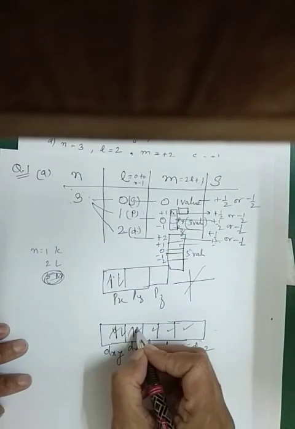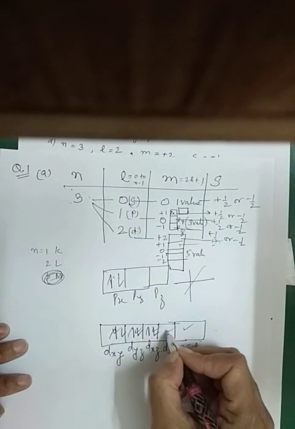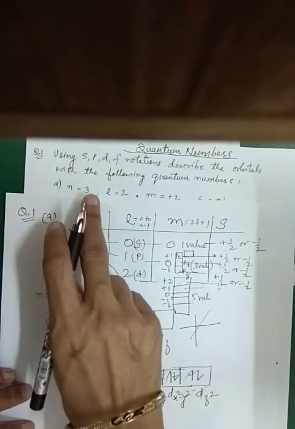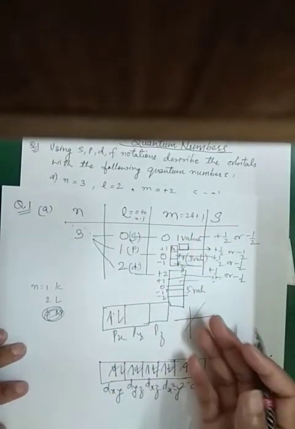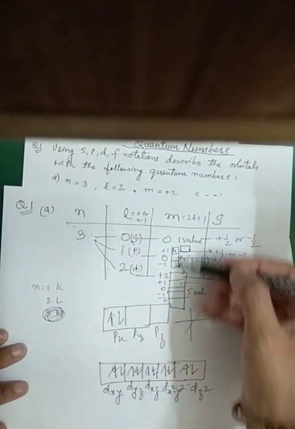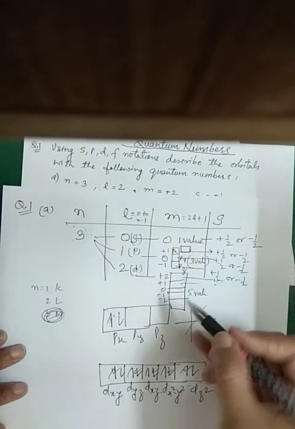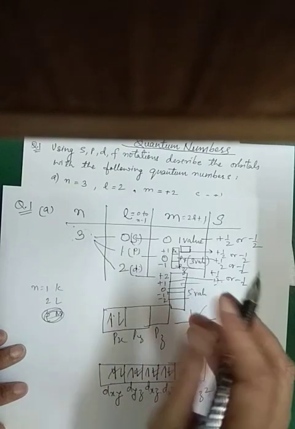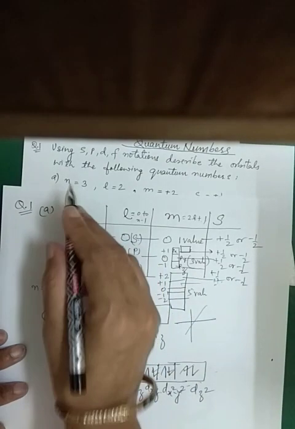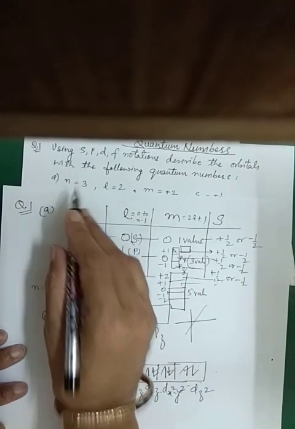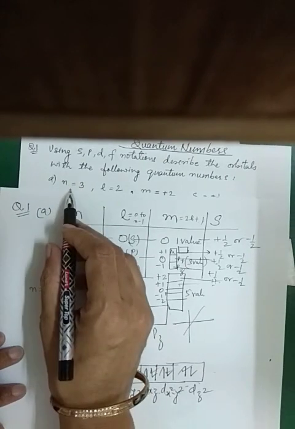Clockwise, anti-clockwise, plus half, minus half, plus half, minus half, plus half, minus half. Okay, so now over here with this quantum, electrons can be anywhere. All of these electrons, which electron do I have to give this letter to? Which is situated in n value, which has the quantum number n is equal to